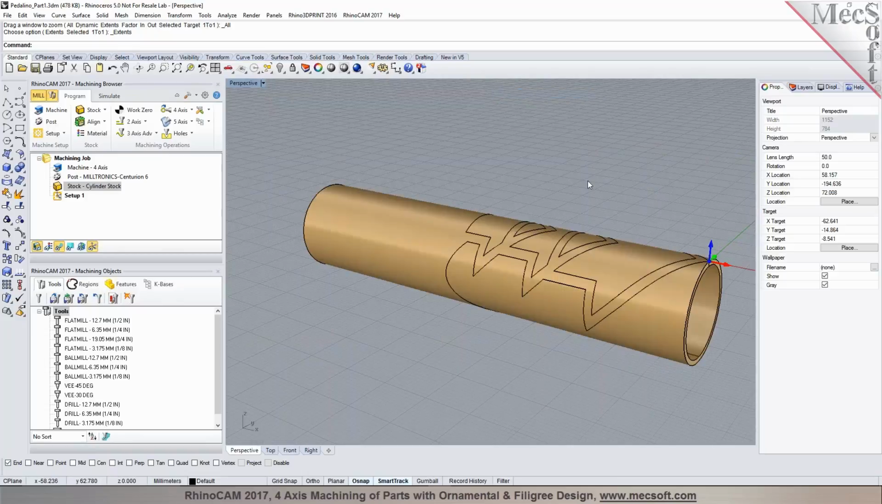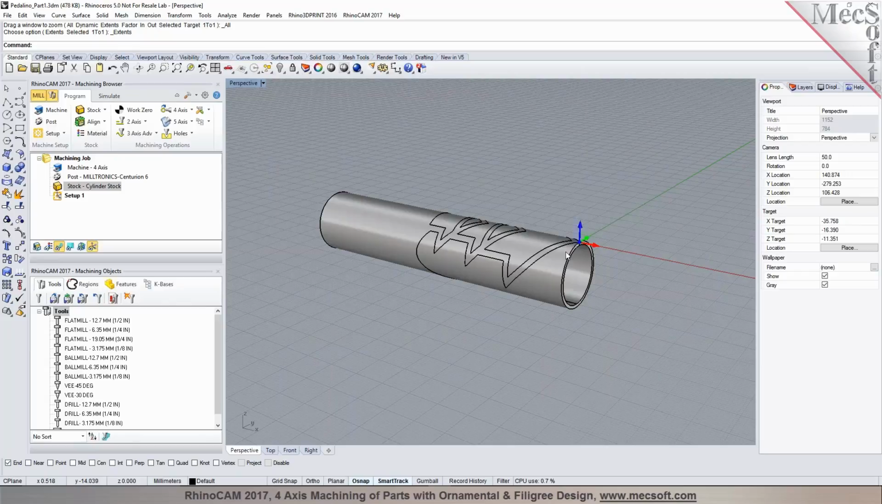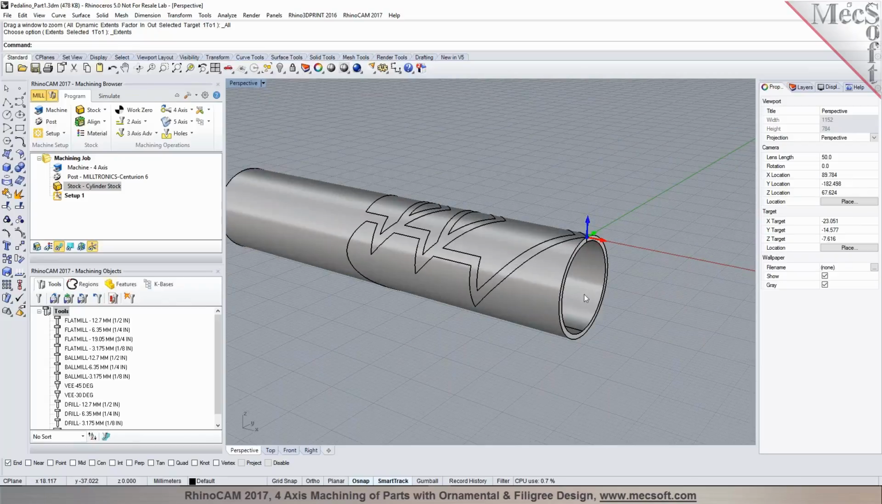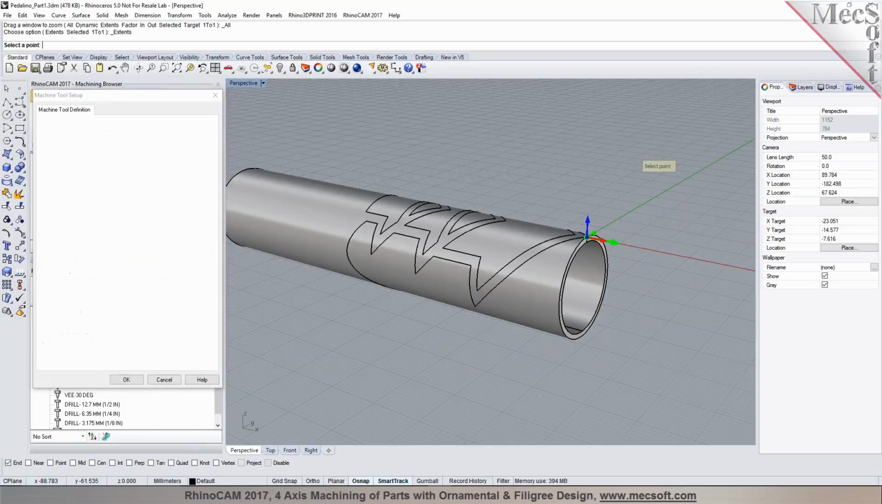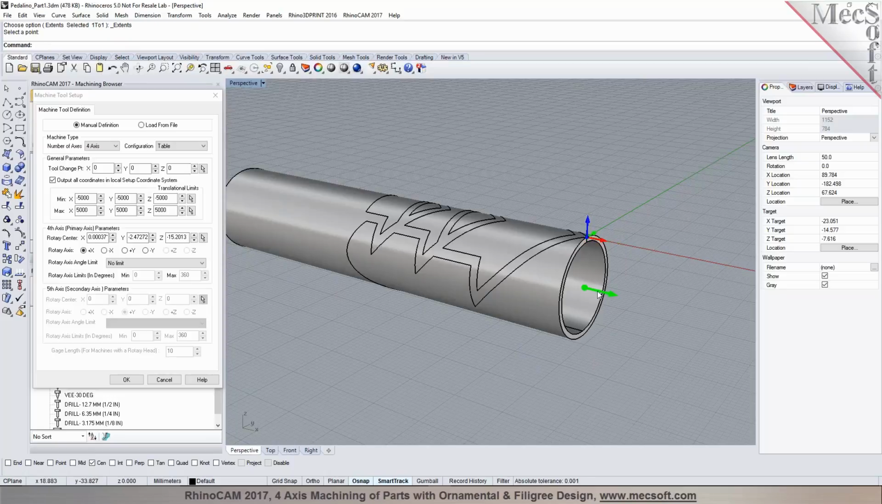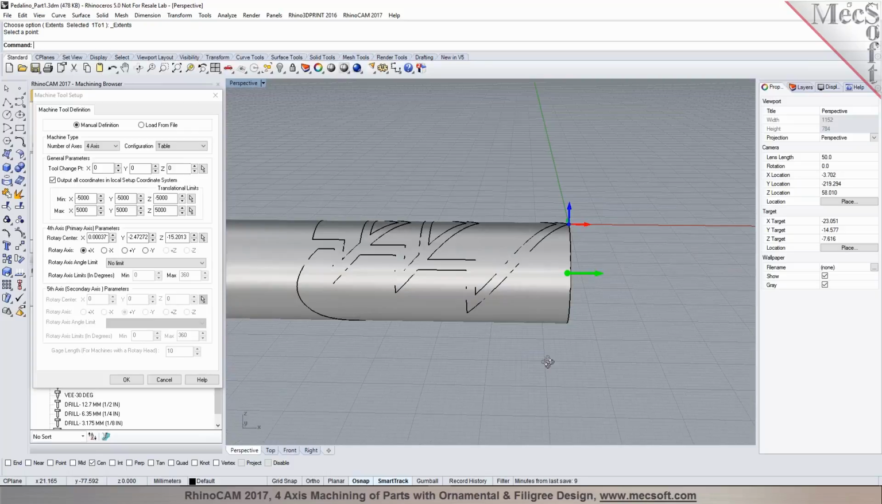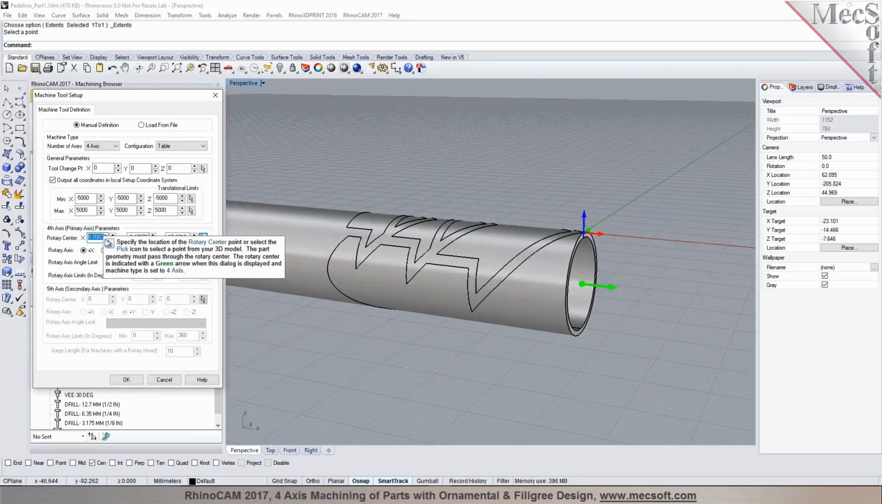Okay, great. So now the next step I'm going to do here is make sure my center of rotation is set to the center of this blank in here. So I go back into my machine setup, and for the rotary center, I'm going to say pick, and I'm going to use the center snap in here. And I can just go right to the center of this tube, and that's where my center of rotation is going to be. Okay. So I can zero out the X and the Y values,